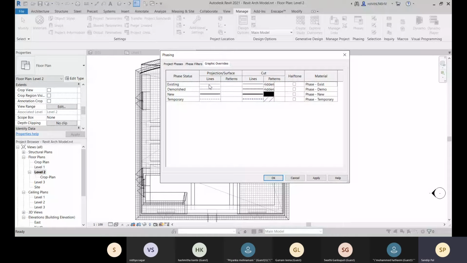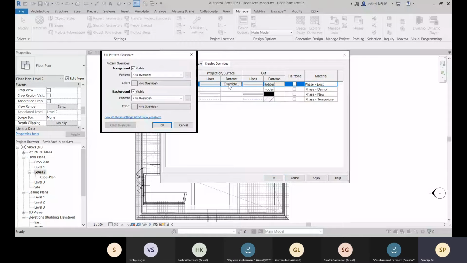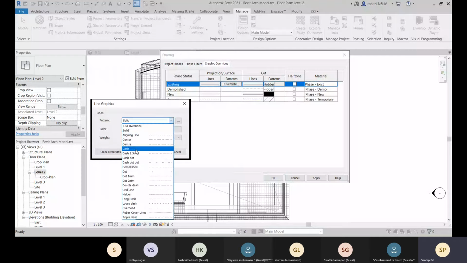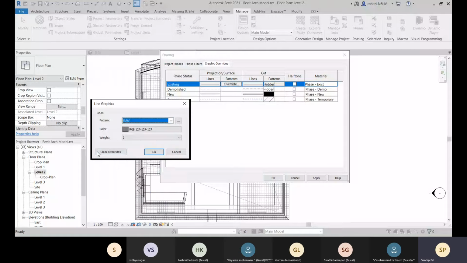So you can see that this is when you will select the existing. So that will be the line types and the patterns over there. So you can override these things. You can change what will be the type. You can come to this line, and here also you can change it to this center line, and these things you can go for.